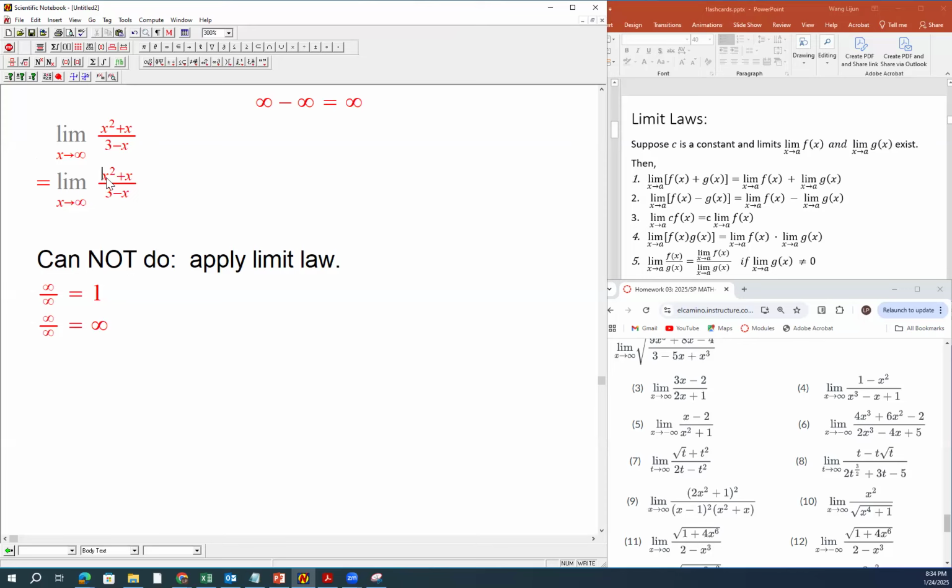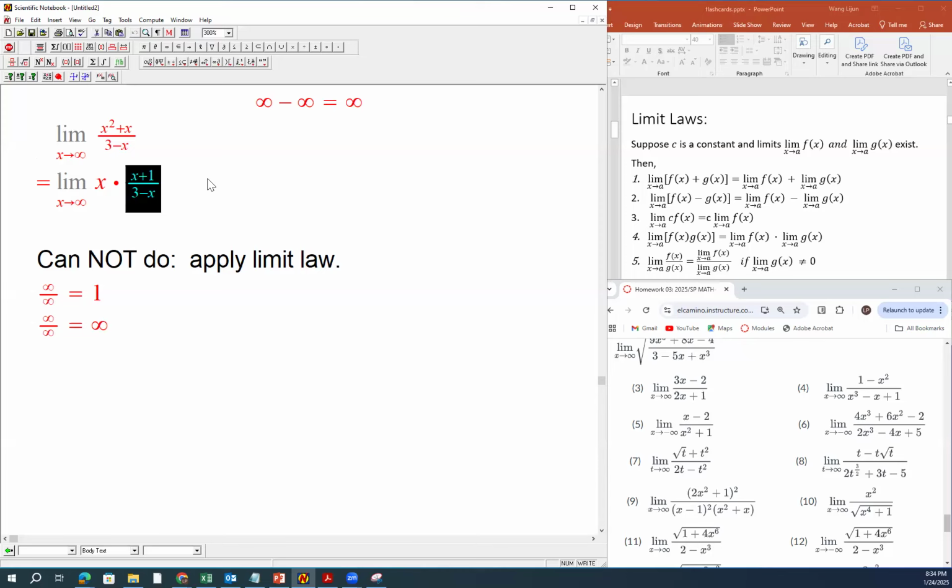The top will be factored into x times (x plus 1). So we can put this x over here in the front of it. Okay, we cannot separate them, but this quotient,